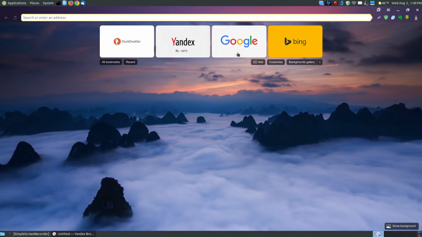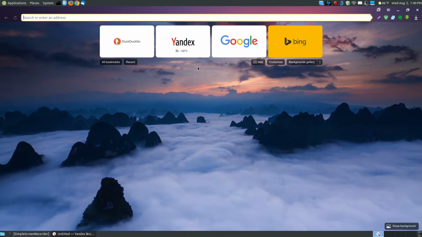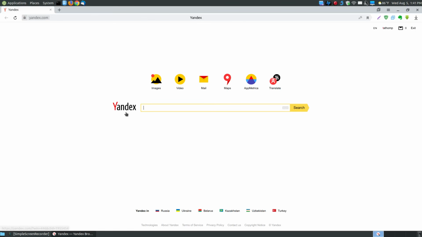The Yandex search engine, before I click on it, let me go to Google. Everyone's familiar with Google. Here with Google, you can click this tile here, and you get a lot of Google apps. Yandex is very similar. This kind of looks like the old way that Google used to look. It has the Google logo, where this is the Yandex logo. You have like Google Images, you've got Yandex Images, Yandex Video, Yandex Mail, Maps, and then a Translator,